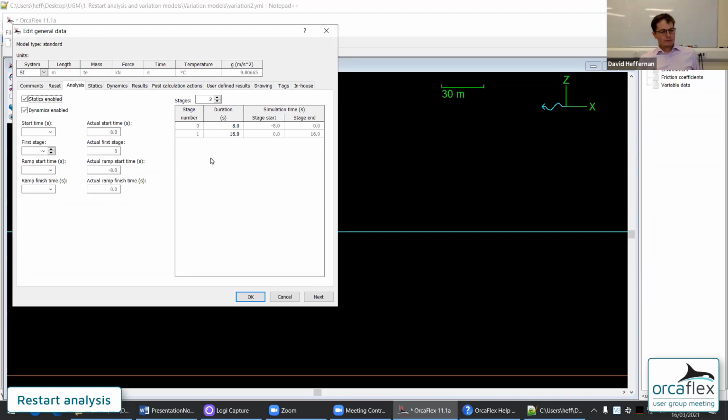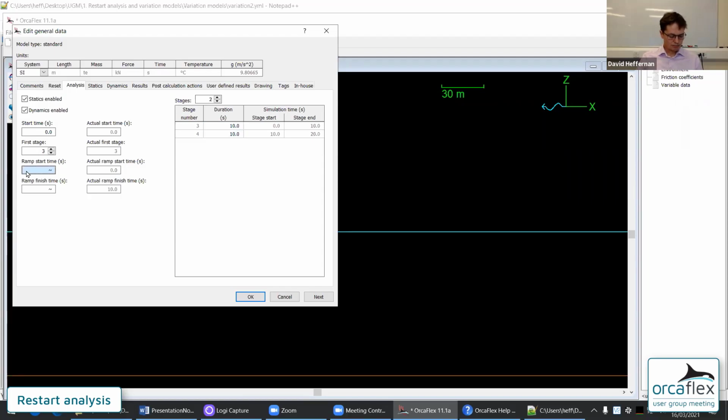Now, in previous versions, there had to be a minimum of 2 stages, and that's no longer the case. You can now have only 1 stage. And again, in previous versions, the first stage was always numbered 0 and was always a build-up period, and it always ended at time 0, so that negative time represented build-up. Well, now you have flexibility. I can maybe say the first stage is called 3, and I can say that the simulation is starting at time 20. I can also choose when I ramp. So let me just fiddle this around. Oops.